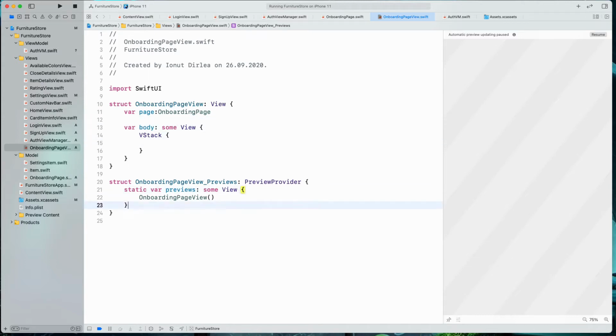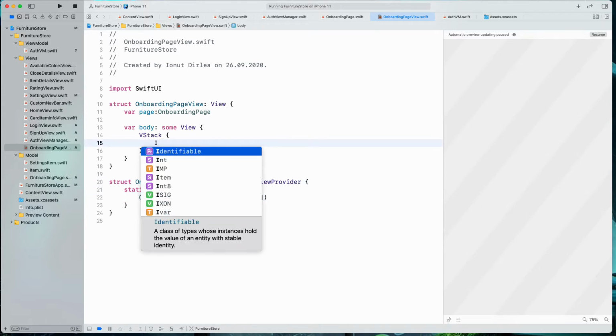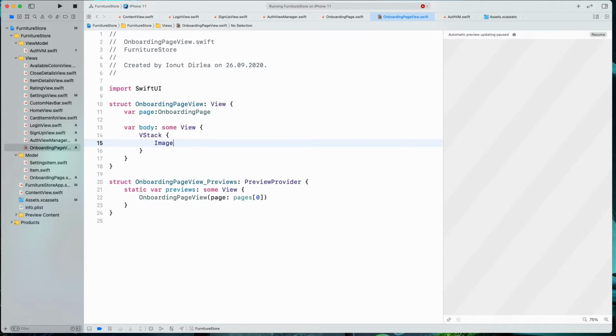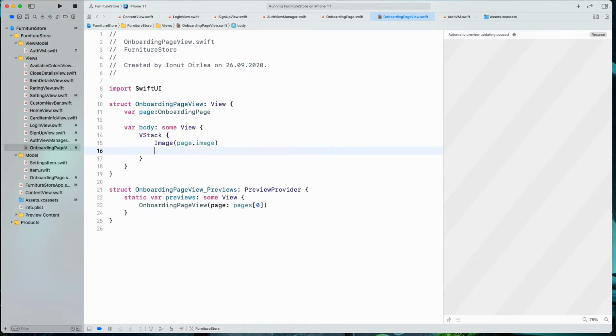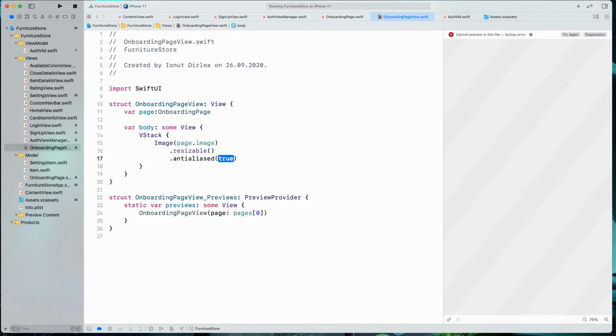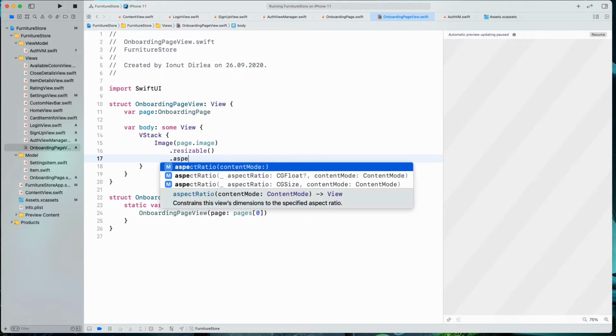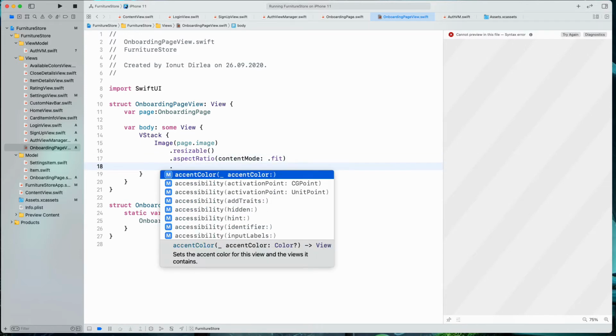Okay, let's pass it over here, and we'll say page, and we'll use our pages array, and we're gonna take the first page. We'll need an image, and here we're gonna use our image from the model. We will make this resizable. Aspect ratio will be fit, and the frame